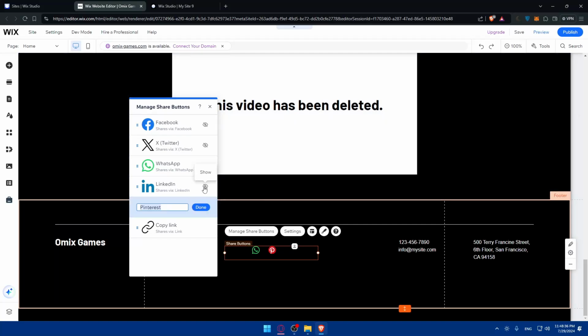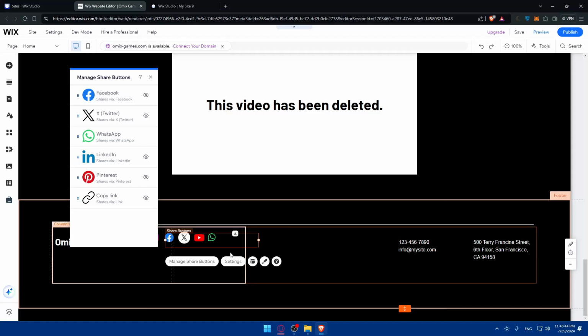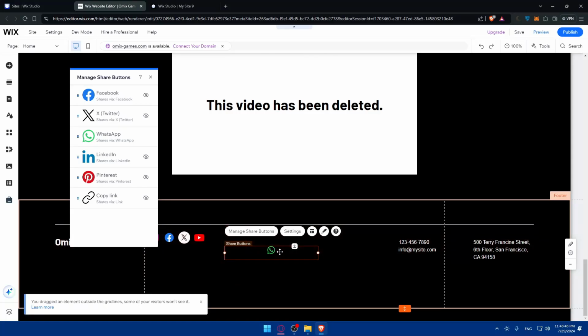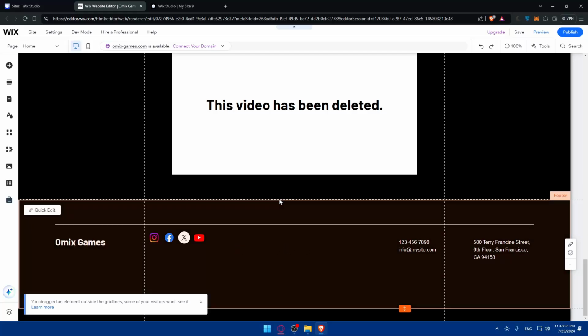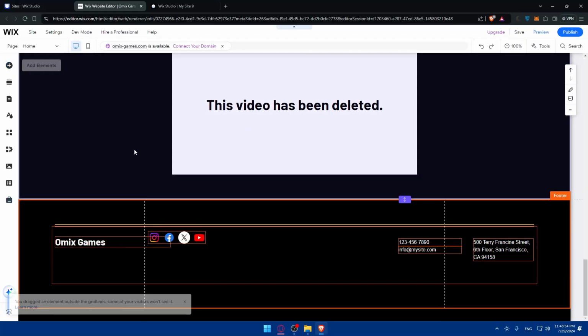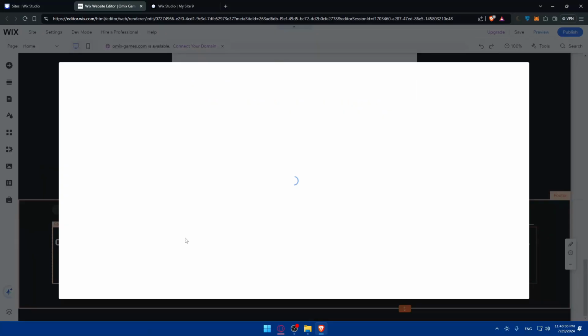I'll hide WhatsApp, hide that. Oh, sorry, hide that, and also hide that. So let's keep just WhatsApp as an example. I'll put it right here. Of course, it can be dragged somewhere else. Normally, if you added the first elements, maybe you wanted all of this, you can simply